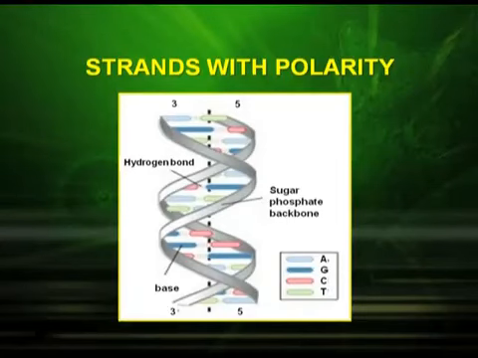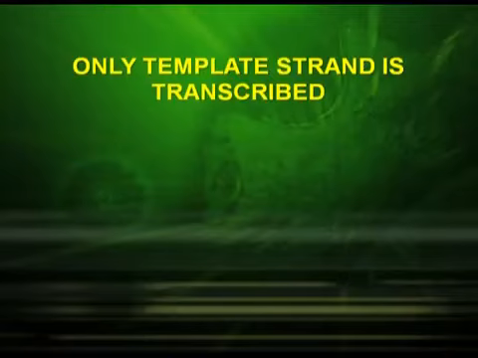Is it not surprising? The strand that we call the coding strand is the one which is not transcribed, though it is called a coding strand. On the other hand, the one which is transcribed is called the template strand. Let us see why. The following diagram shows the two strands with opposite polarity. Now to understand why the coding strand is not transcribed and only the template strand is transcribed, let us